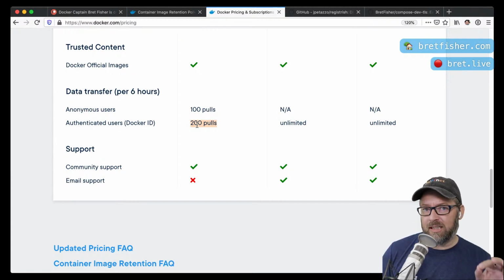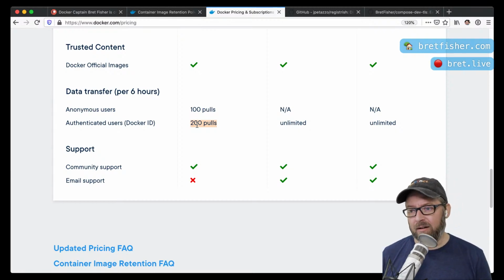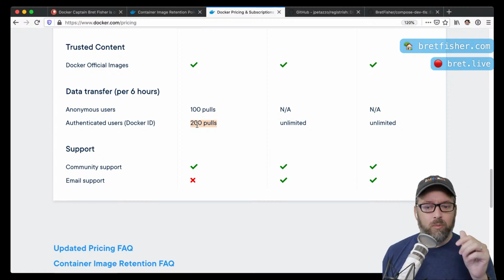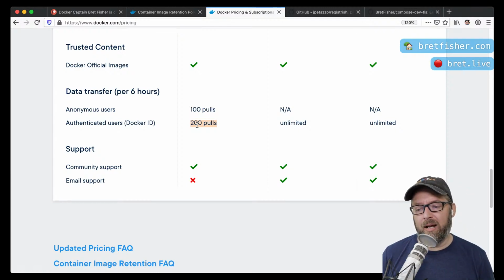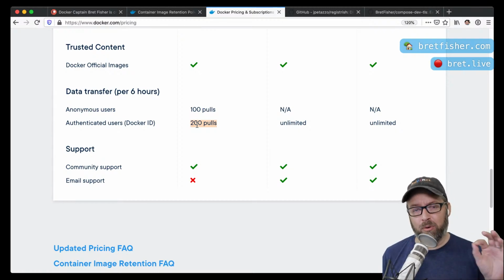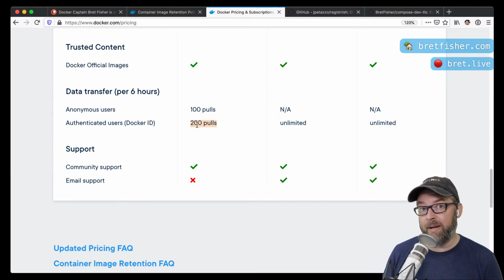Now, we're still discussing, Docker is still not super clear on what a pull actually means. Is it a layer? Is it an image? We're still getting clarification on that, and they're going to update the FAQs. What we're told is that it's really per image. So an image might have 100 layers, 5 layers, 1 layer, but it's going to be the image. And if you're a geek and you're wondering about how the protocol actually works there, I think it's going to be focused around the manifest file.